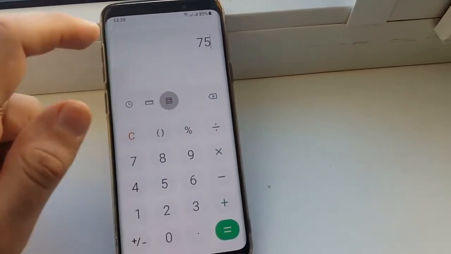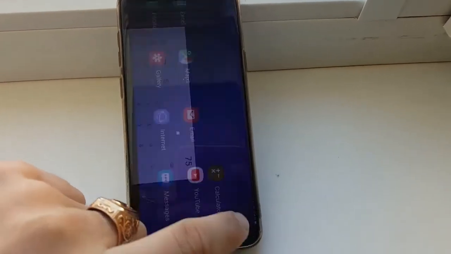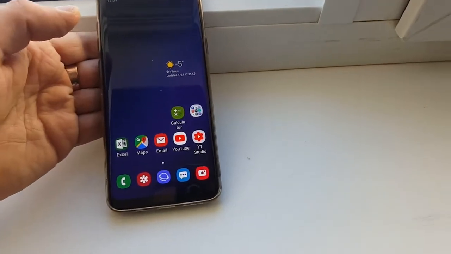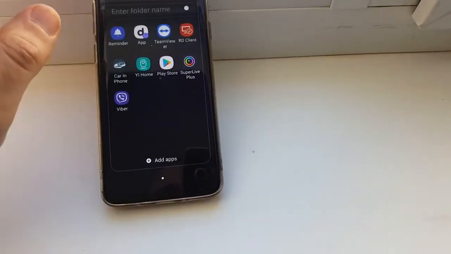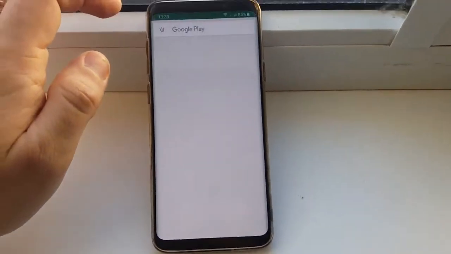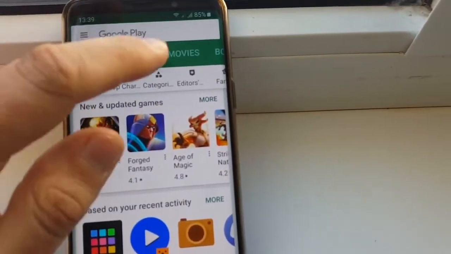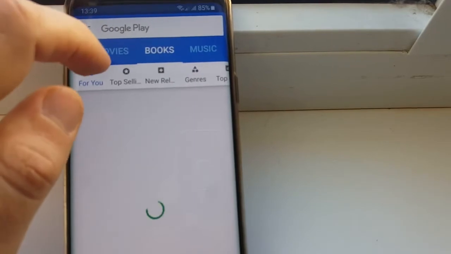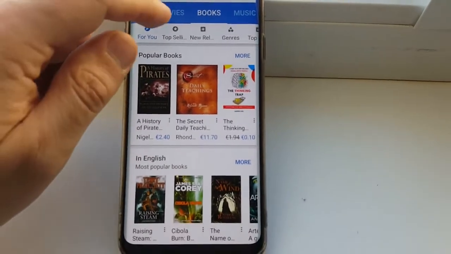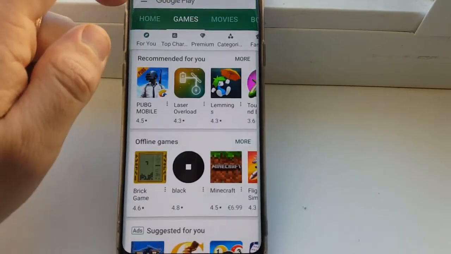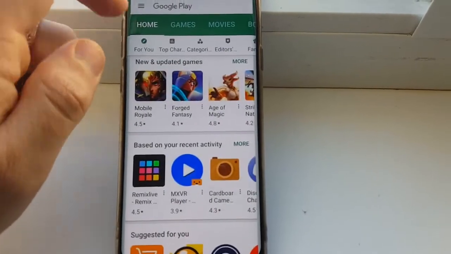Unit converters. Okay, so basically everything looks the same. Play Store doesn't change. I mean, I cannot notice any difference. So if you guys noticed the difference,